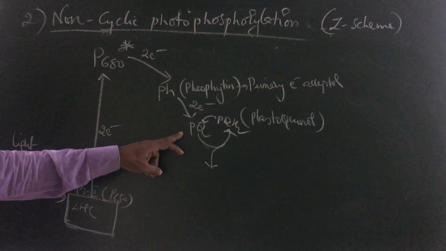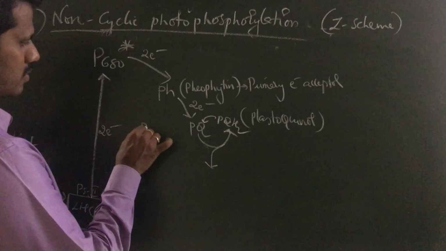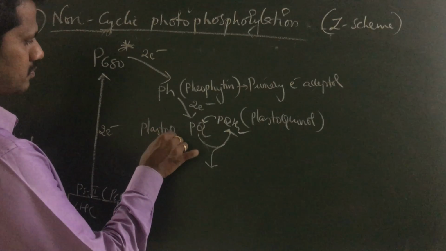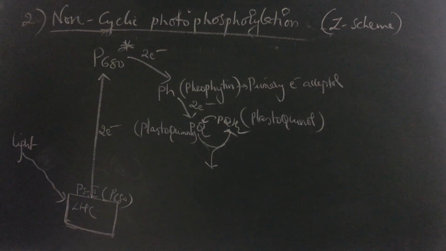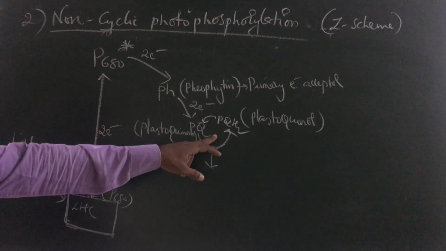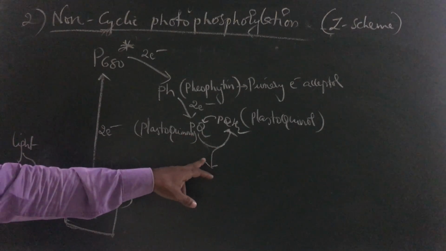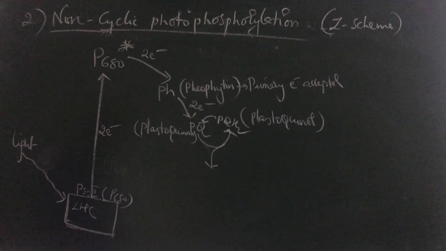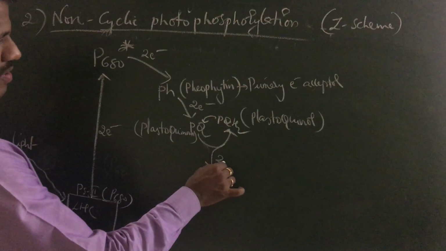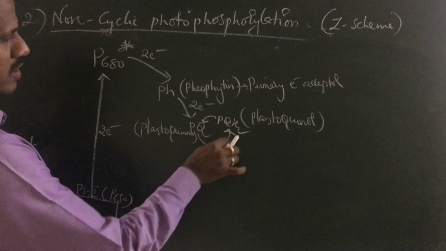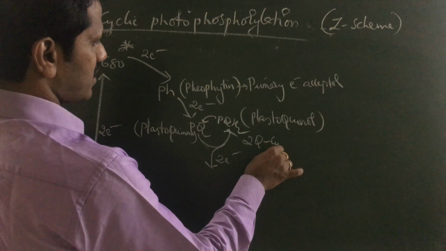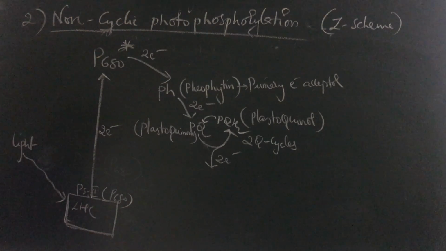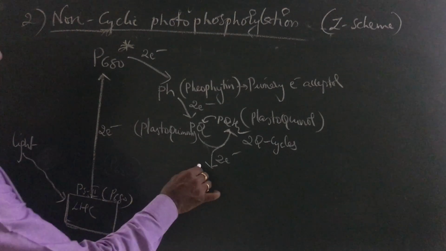PQ stands for plastoquinone, going to plastoquinol. So for one electron, one quinone cycle; for two electrons, two quinone cycles. So here two quinone cycles take place,